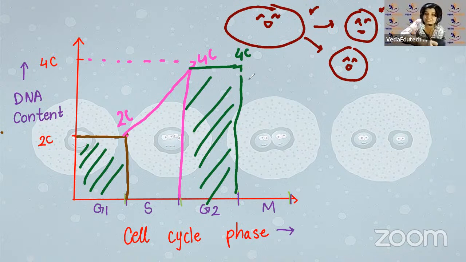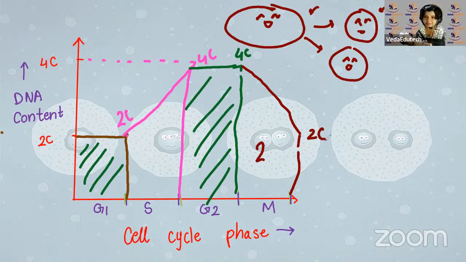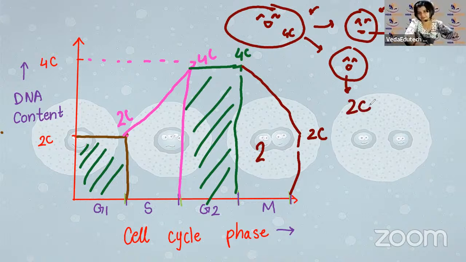So we will try to see that at Interphase. DNA is now again back to what? 2C. The amount of DNA in one cell changes from 4C to 2C. Earlier it was 4C here, right? But here it will have 2C, I'm sorry. Here it will be 2C. We want it to be like that because we want all the cells of our body to have the same amount of DNA, don't we? We do, right? Okay.